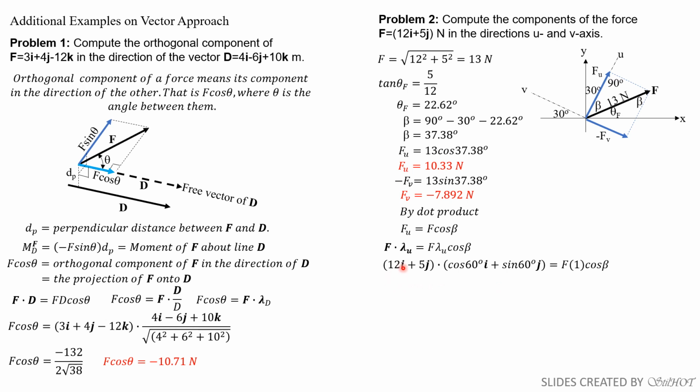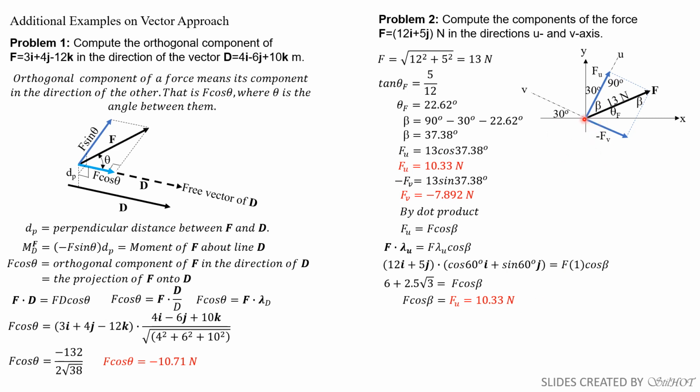Since the dot product is the sum of products of corresponding components, 12 times cosine 60 is 6, plus 5 sine 60 is 2.5 square root of 3. Then expressing that in decimal, that's also 10.33 newtons. Likewise,